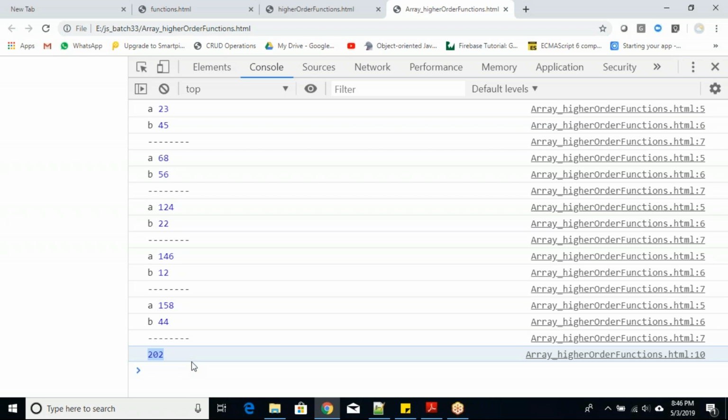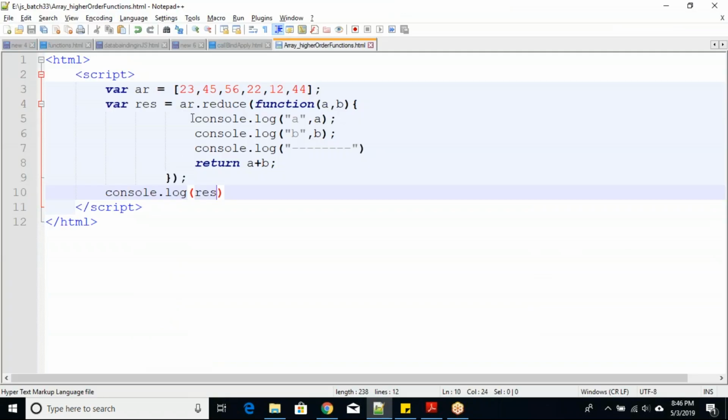Okay, good. So like this, you can make use of map function and reduce function. Now I would like to go to the next level, one more function.